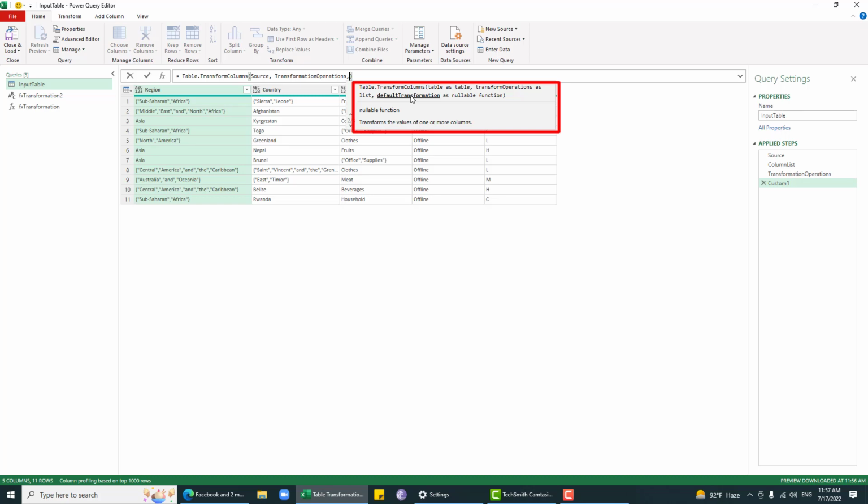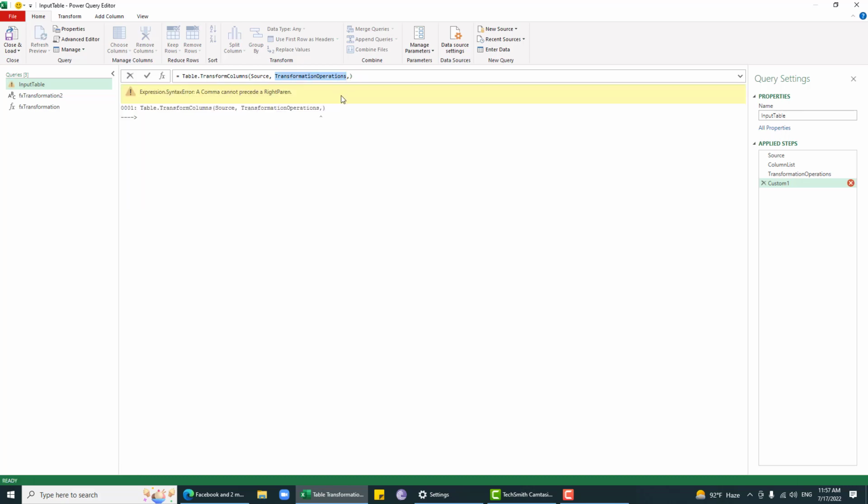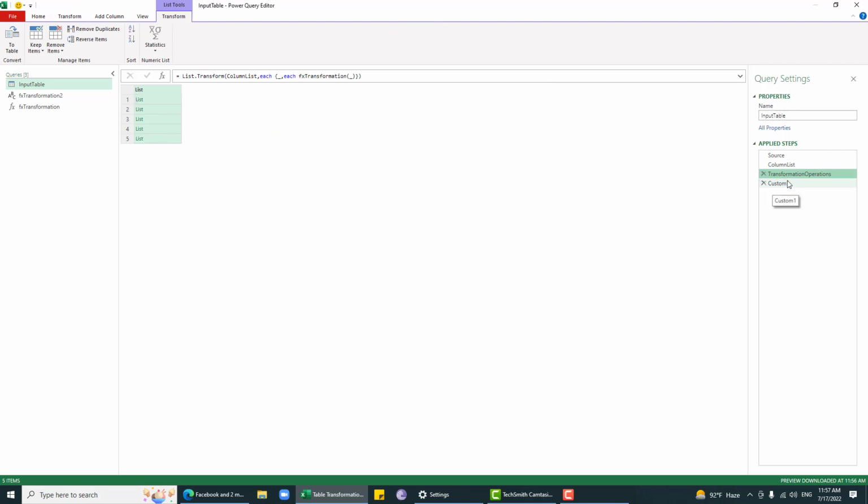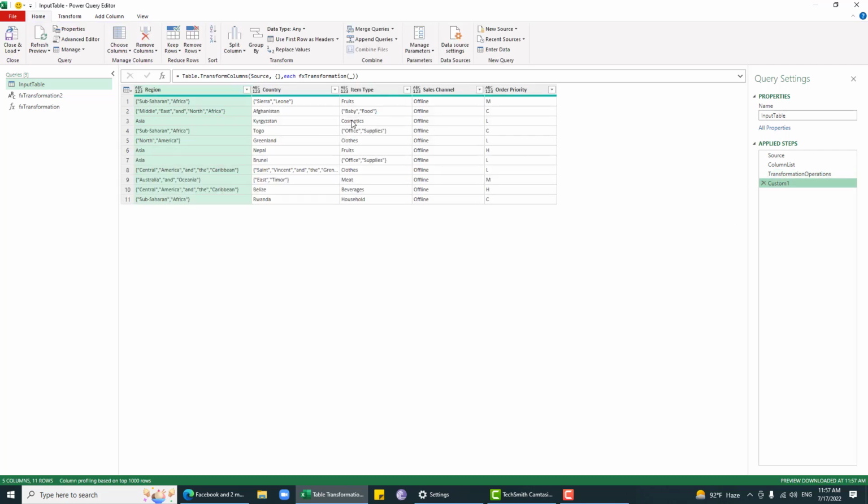Okay, so now let's say I just pass an empty list in this section, and I say each fx transformation and then underscore. Now you can see that it does the same thing as the previous one. Basically it just applied the default transformation operation to all of these columns because we passed a blank transformation list in this section. So this last parameter of this Table.TransformColumns function will apply that transformation